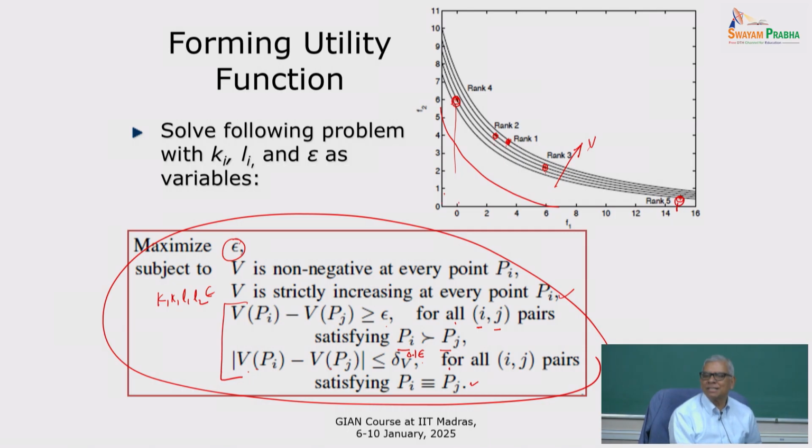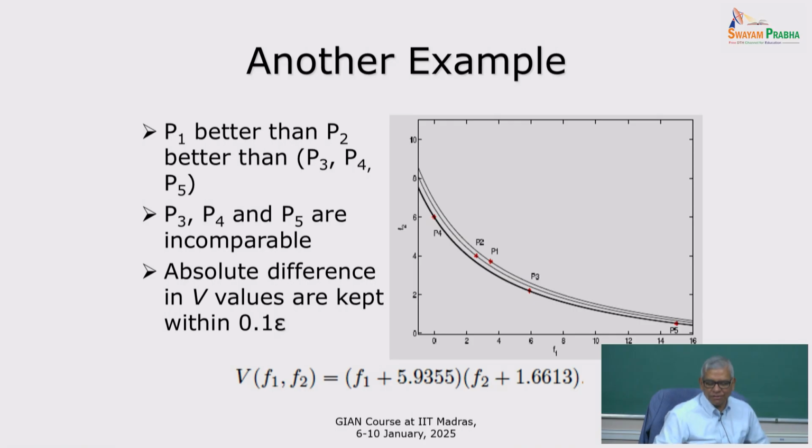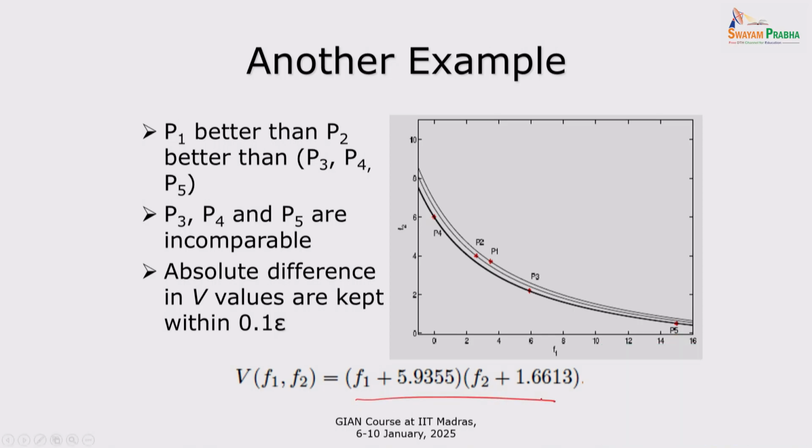How can I utilize this now for the next 10 or 20 generations of an SGA2? That's the big question. So we got the value function generated. Here's another example where I said that actually F4 and F5 I cannot differentiate. Now you see the value function changes. I have P1 better than P2, P2 better than P3, P3 better than P4 and P5, but P4 and P5 I cannot differentiate. So you see the two lines passing through P3 and P5, P4 and P5 are very, very close to each other.